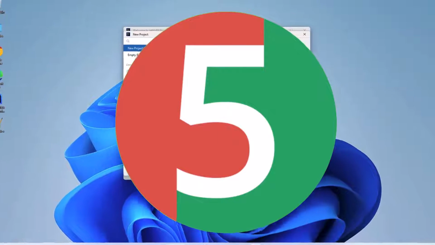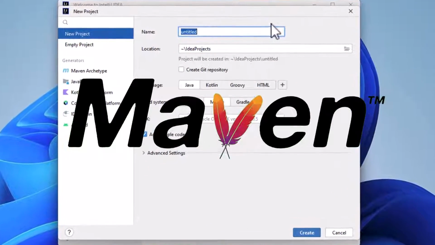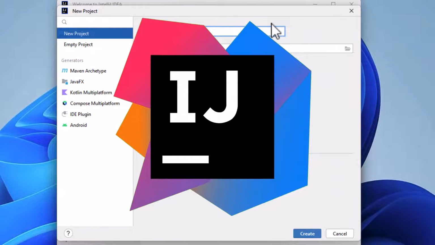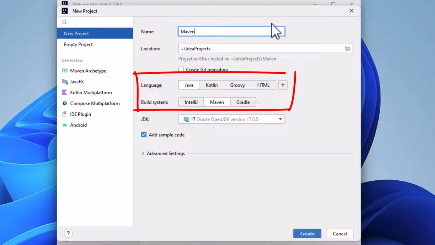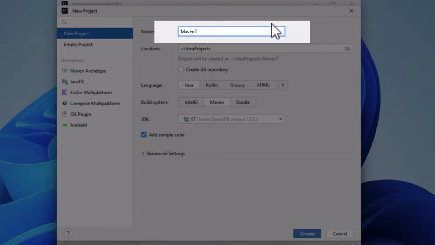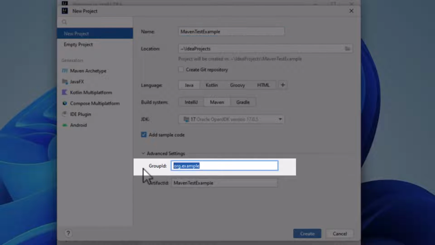Let's create and run unit tests with Maven. Here we are in IntelliJ IDEA Community Edition. We'll create a new project. We'll use the default language of Java and the build system of Maven, and we'll give the project a name of Maven Test Example. Let's change the group ID to